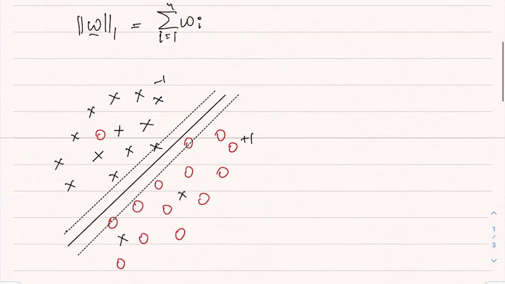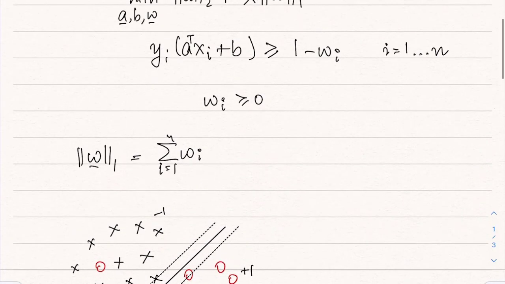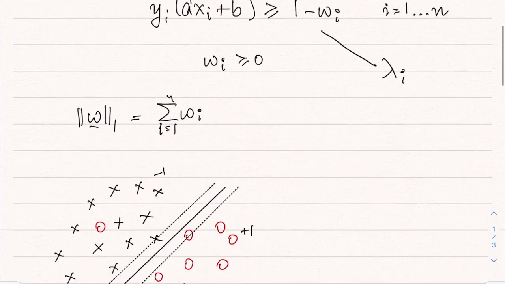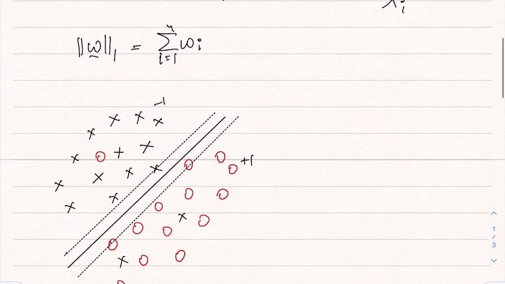To relate this picture with the problem that we have seen, let us assume that we are finding the dual, and the dual variable lambda i is associated with this inequality. Now, without even writing the dual problem or the KKT conditions, let us write down one particular KKT condition, which is the complementary slackness condition.